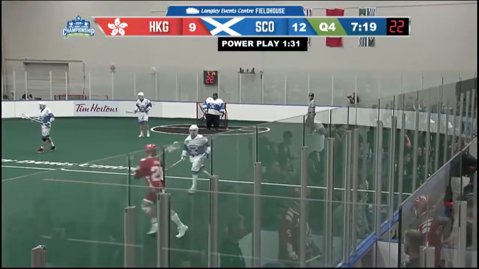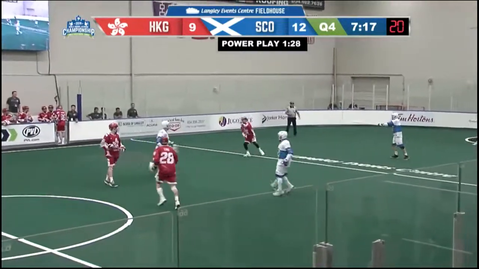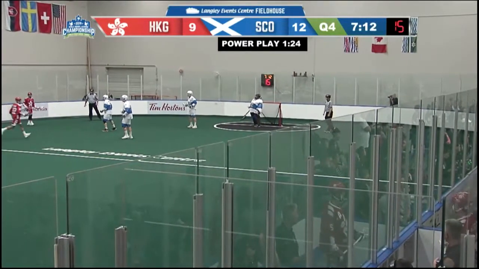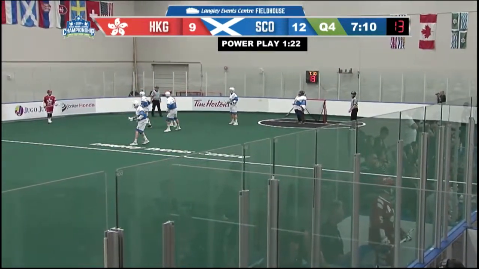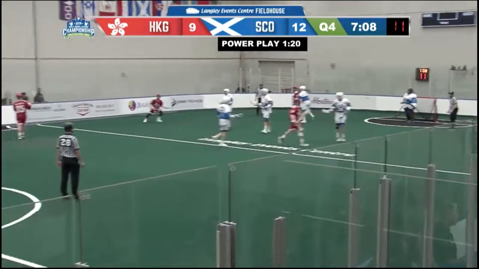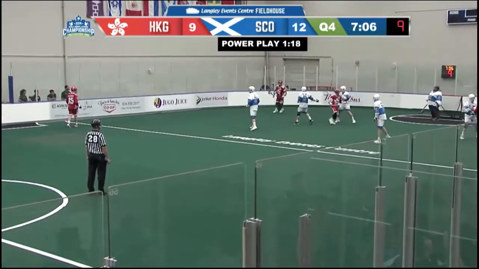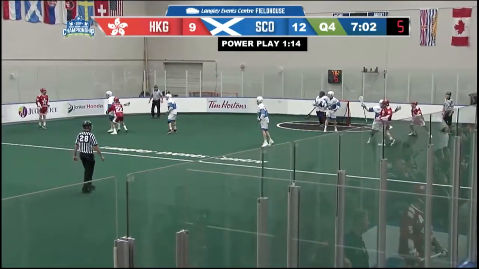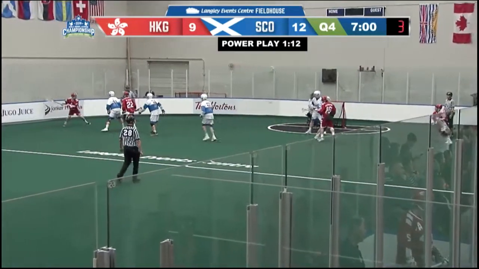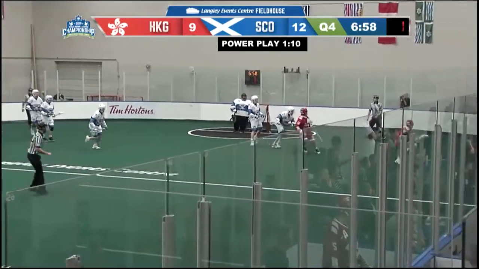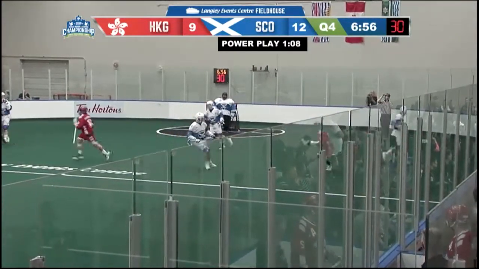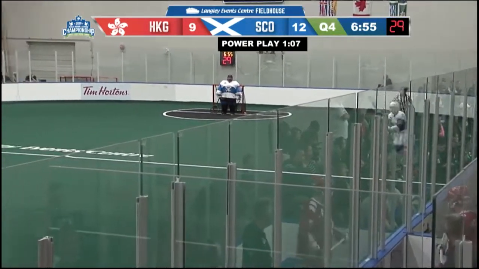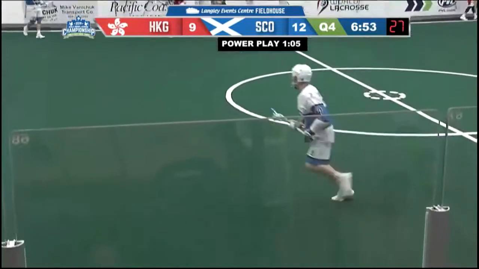Ling in on offense for Hong Kong, sends it across the floor, left side for Ko. Backs up toward the boards, looking around. Ko just settling it down here, shorthanded. On offense, shorthanded goal would make it a 2-goal game as it's sent just wide, pardon me, by Maklami. And now Vickers will toss it ahead for Scotland.